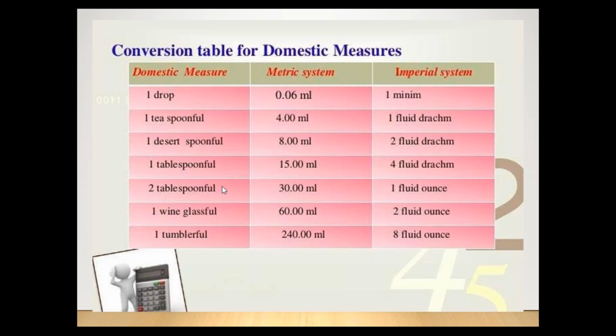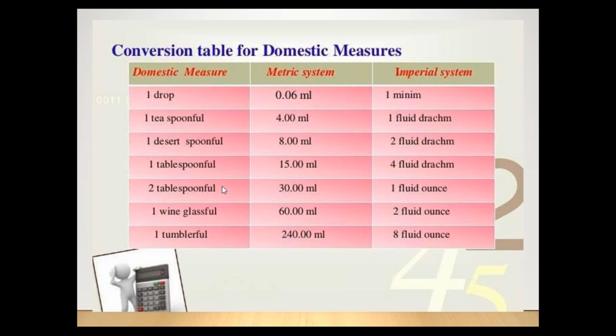1 dessert spoonful is twice that of a teaspoon. So if a teaspoon is 4 ml, 1 dessert spoon is 8 ml. And again, in the imperial system it is 2 fluid drams. So see the correlation you can. If you remember 1 teaspoonful, you can always work out how much the dessert spoon is, because it's just